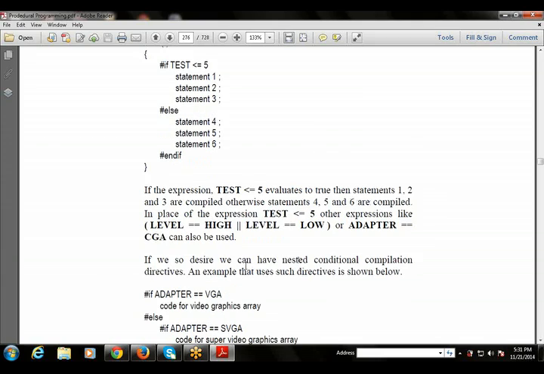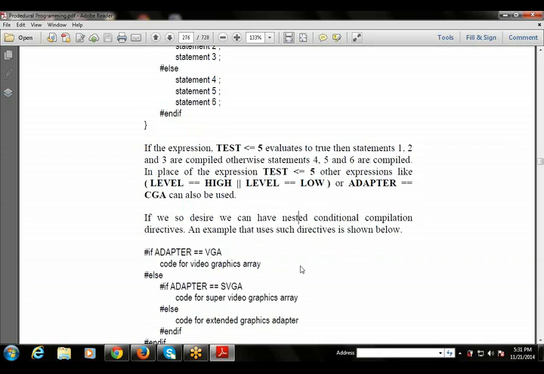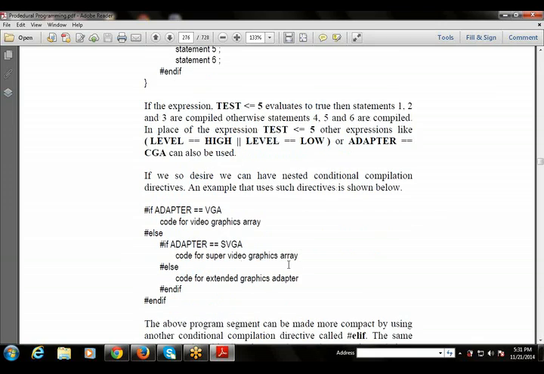If we so desire, we can have nested conditional compilation. That is, we can also use the nested conditional compilation. This is the nested one. If this is equal to this one, else if this equals this one. That is also used, and in the nested part this is also used. So this is #if adapter ==